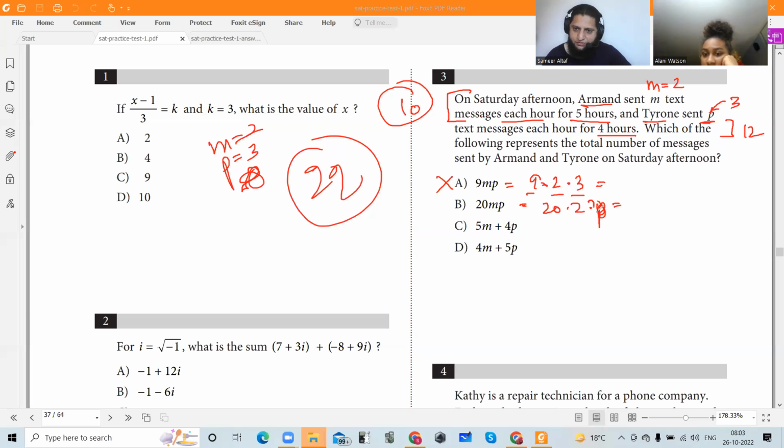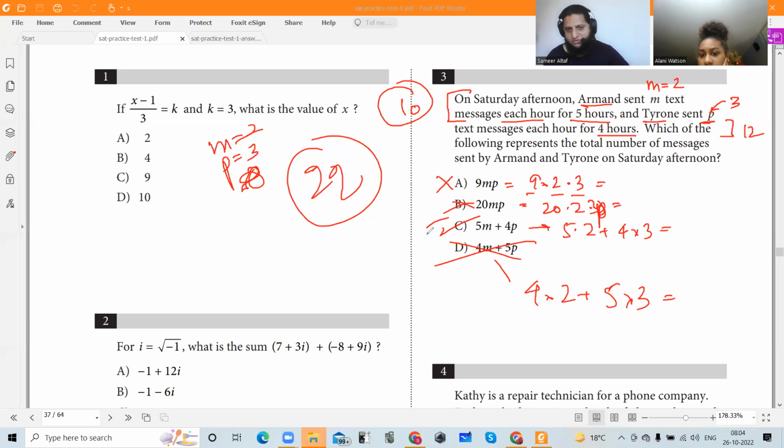No, it's not. Okay, 5 times 2 plus 4 times 3. Is that 22? Yes. That's the answer. 4 times 2 plus 5 times 3. Is that 22? No. So that's why you can use the make it real strategy